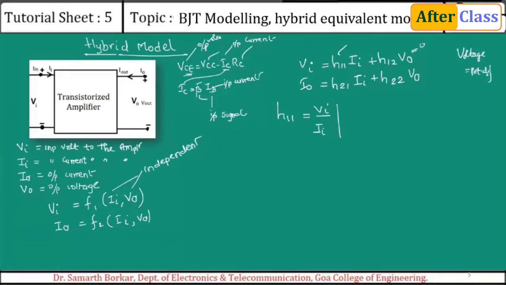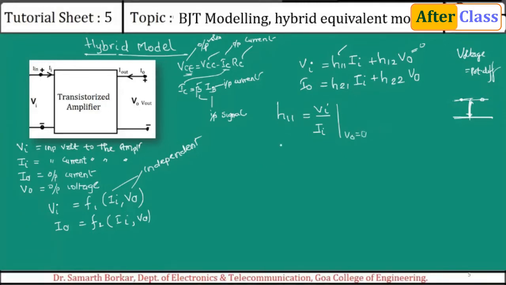potential difference. Okay. If I take a simple wire and I told you to measure the voltage between these 2 points, what will be the voltage? It will be 0, because all along the wire it will have a common potential. But if there are two parallel wires running, then you can calculate the voltages. But even if this voltage is the same with respect to this wire, then the difference will be 0. Fine. Meaning what I'm doing here, I'm just shorting this, so the potential becomes the same. Fine. So H11 equals Vi by Ii, provided I set V naught equal to 0.